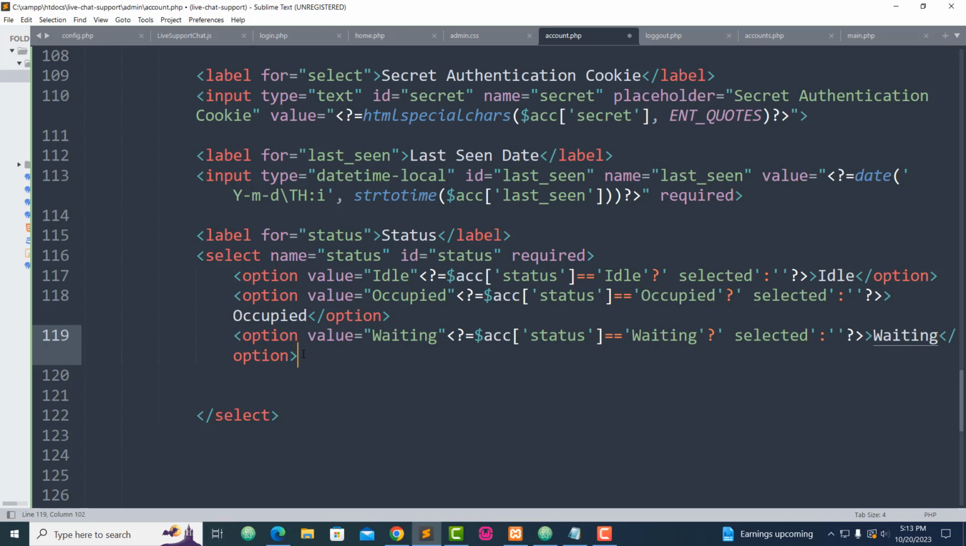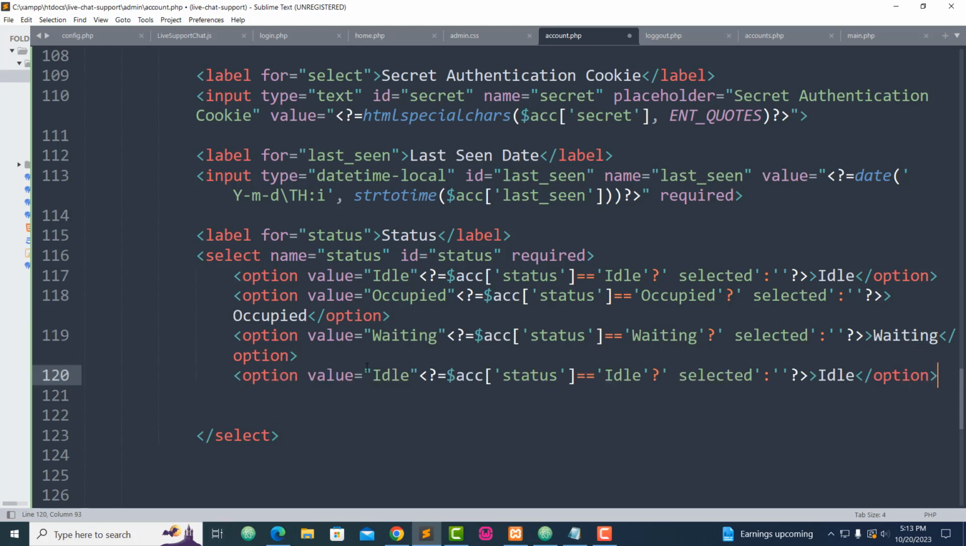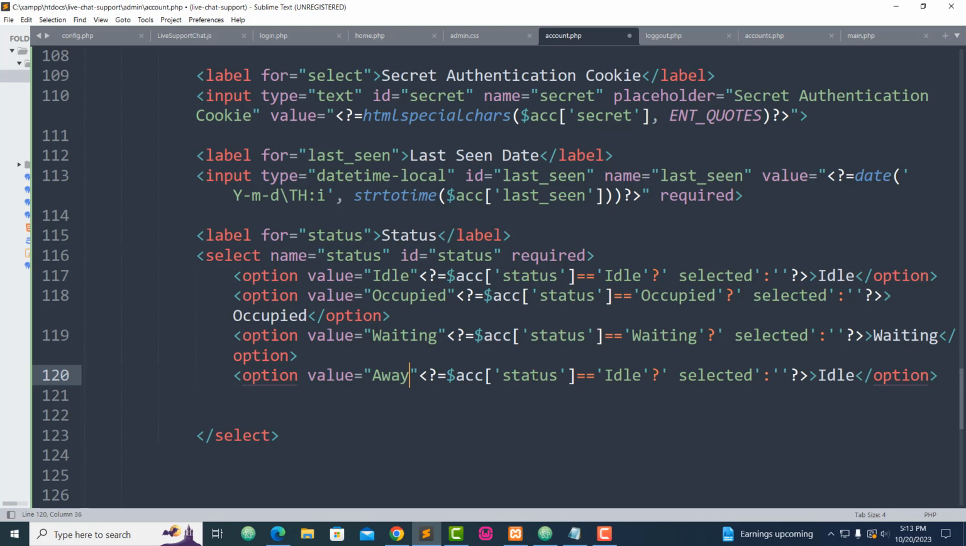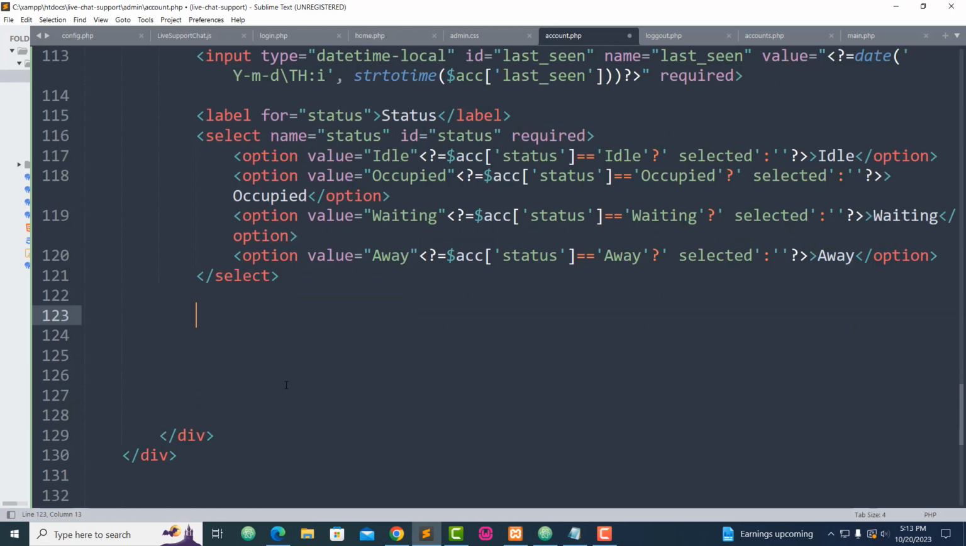And we need another option, copy and paste. Remove this, put away. The admin or operator could be away, so you can choose that option as well. We selected and put away right here. Okay. Bring this option. Okay. Now, next we need